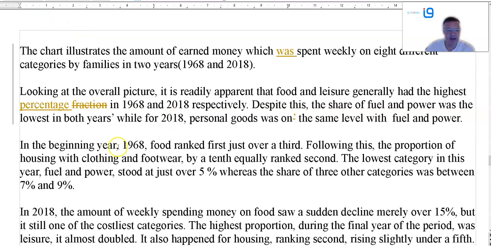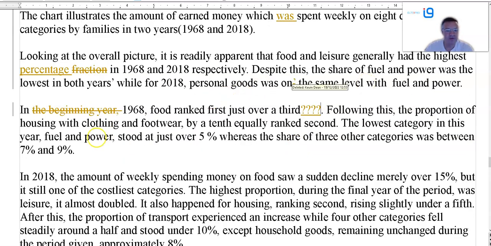In the beginning year, you mean in 1968. Food ranked just over a third. A third of what? A third of the total. What's the data? What's the percentage? Figures and data. That's what you need in paragraphs 3 and 4. Portion of housing with clothing and footwear by a 10th. What does that mean? By a 10th, equally ranked